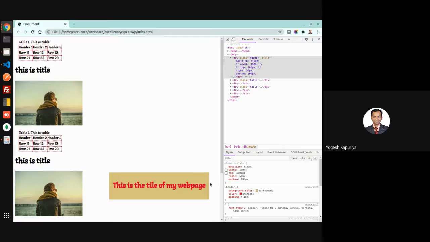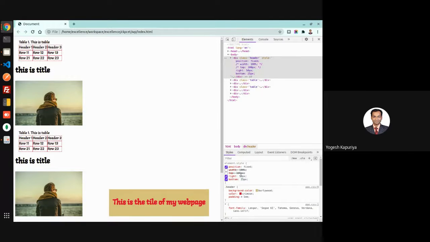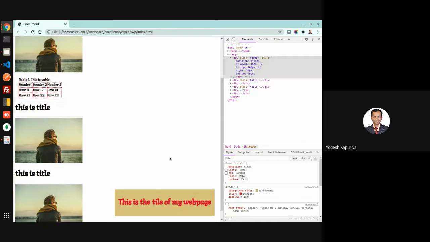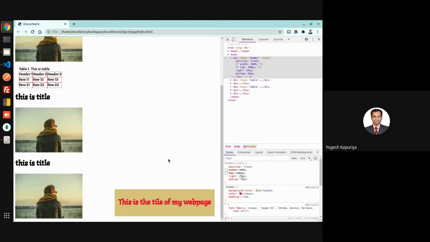So this is 50 pixel and this is 100 pixels. So if I change it to 25, and this is also 25, now it will look like a notification. So it will always stay there, right? Even though you are scrolling, it always stays there. So this is how position fixed can normally be used.